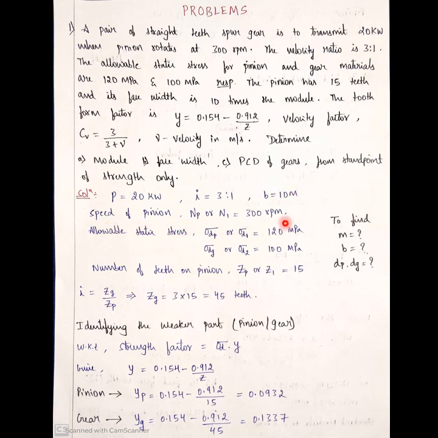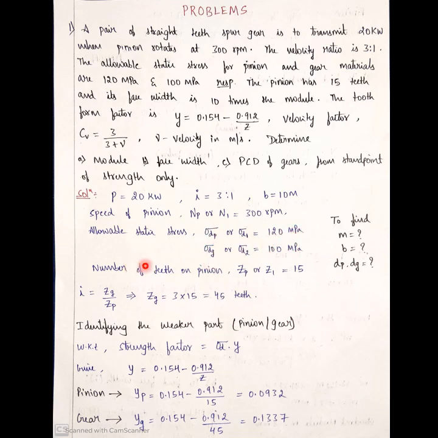Okay, speed of the pinion, that is N1. So see here, the notations are very much important. You can either consider N suffix P, that is speed of the pinion, or you can consider N suffix 1, that is speed of pinion. 1 represents the pinion. Okay. Allowable static stress, that is sigma dp, or you can take sigma d1. As I told you, suffix P indicates pinion, 1 is also with respect to pinion. Okay, G with respect to gear, 2 is also gear. You can take either of these two for further calculations.